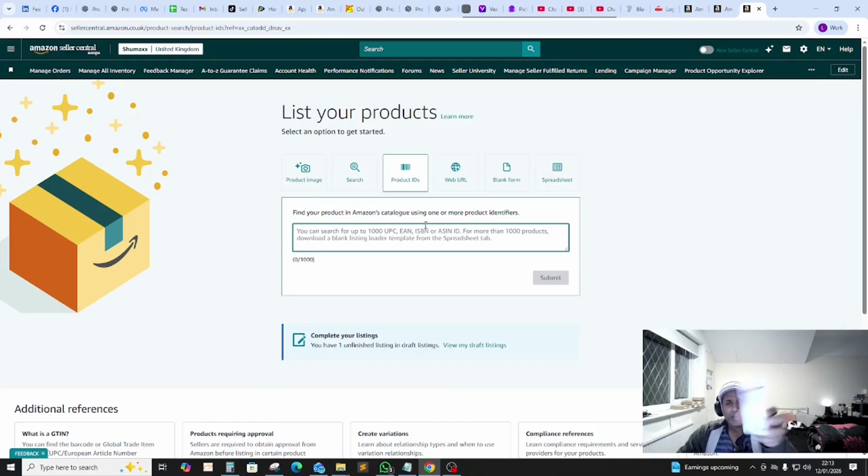I'm holding a product here. You can see this is a branded Hama USB. And if you look on the back of this, you can see there is a barcode, and underneath the barcode there are 13 digits printed. Most often, whenever you buy any product from any superstore or high street shop, on the back or the side of the box you will see a barcode.